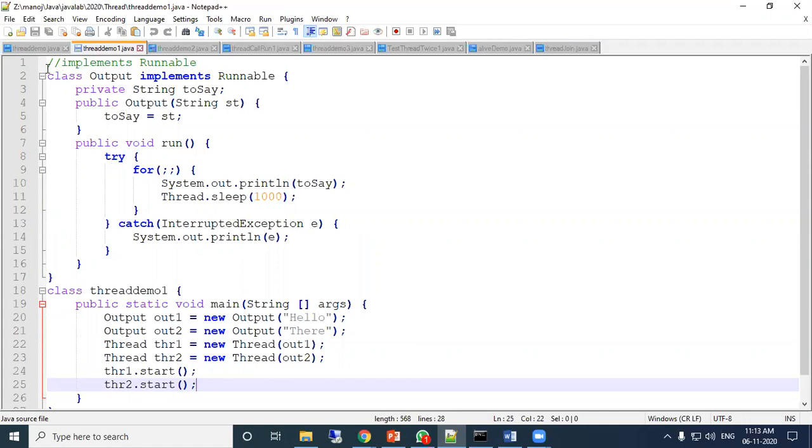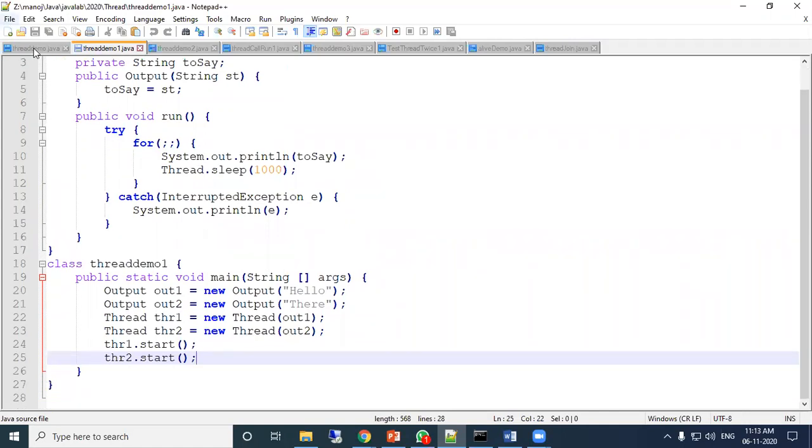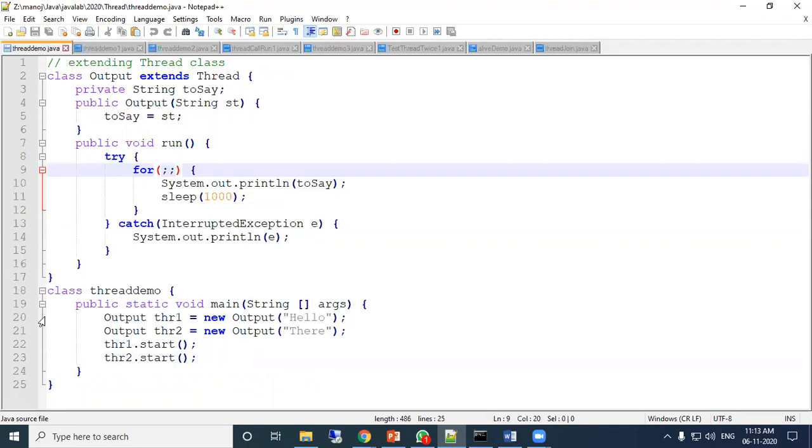But inside the main function, when we create the object of the child class, then to run it we need to call the start method.